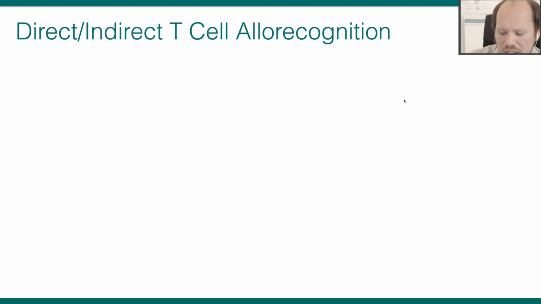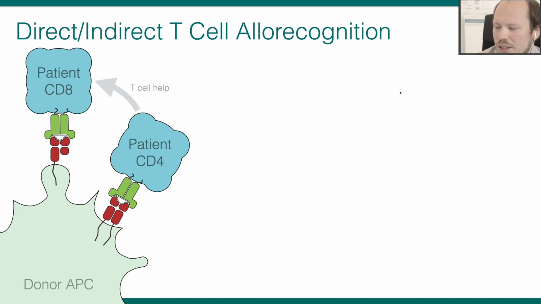There are quite a few different approaches for epitope matching, and therefore I want to go more into detail how the different pathways of allorecognition actually look like. Let's start with the T cell recognition. Well, you have the pathway of direct recognition, where you have your reactive immune system, and this is an example for solid organ transplantation, where you have foreign tissue and a working patient immune system. Basically the T cells could detect the foreign HLA on the donor antigen presenting cells.